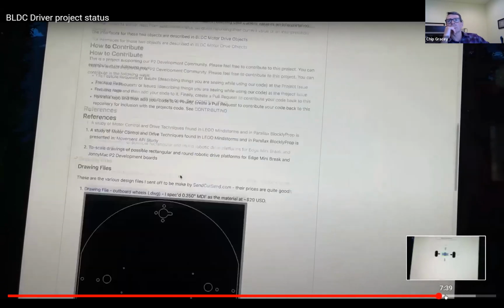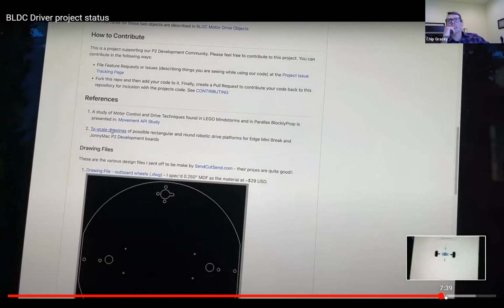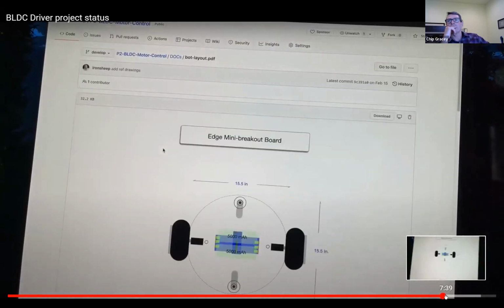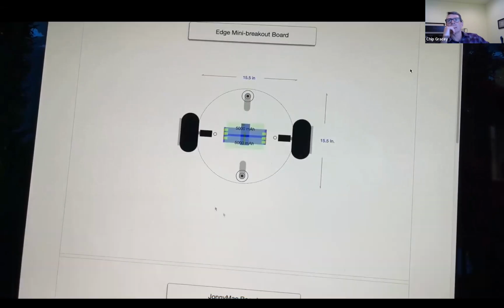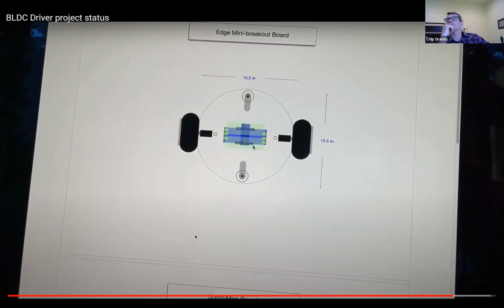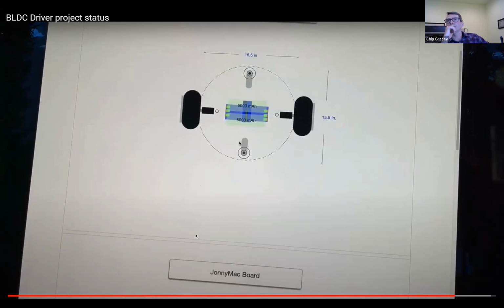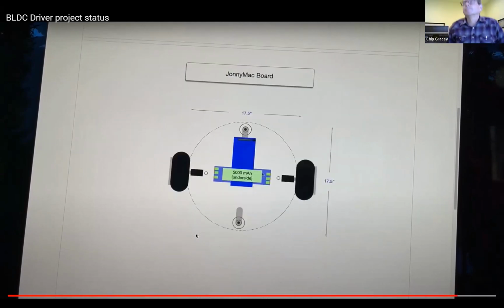Let's see if I can show you one more thing. There are also drawings of how I anticipated using it with the different boards. So here's the Edge Mini, the arrangement I have. I suggested I could put two batteries down below if I wanted to. Then the Johnny Mac board,